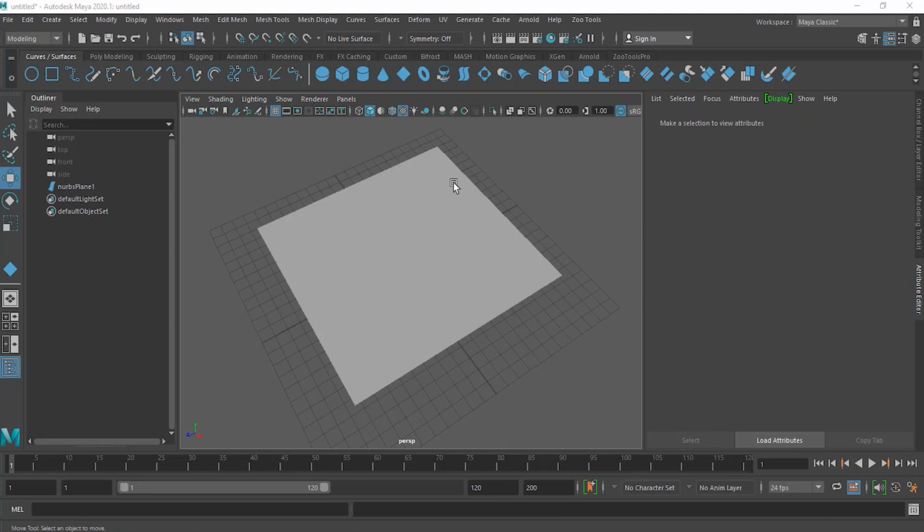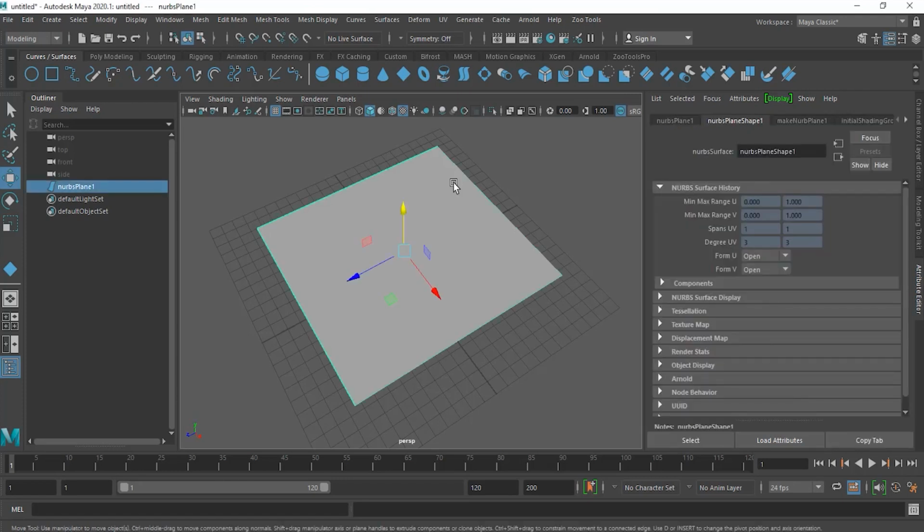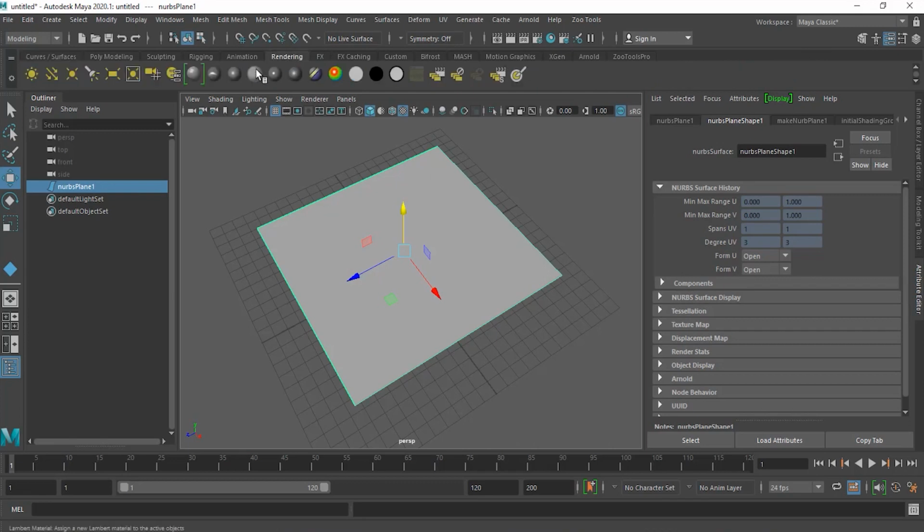Now, as we know how we can apply any kind of 2D texture or any kind of color or shader on our object, whether it is Maya software or Arnold shader, now we'll see how we can apply a bitmap image on any object. Right now in front of me is a NURB plane, and let's apply a texture over this NURB plane. So I will select this one, and I will go to my rendering shelf here, and I will apply the